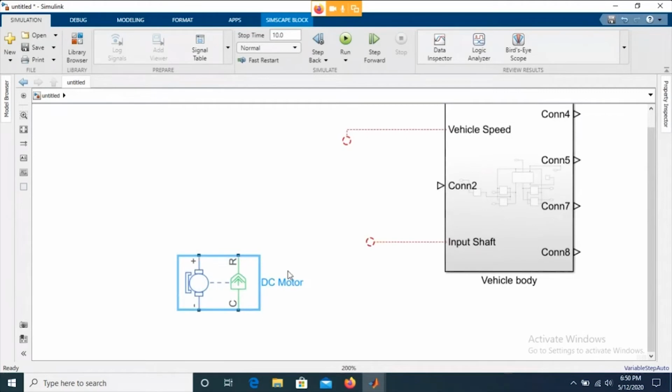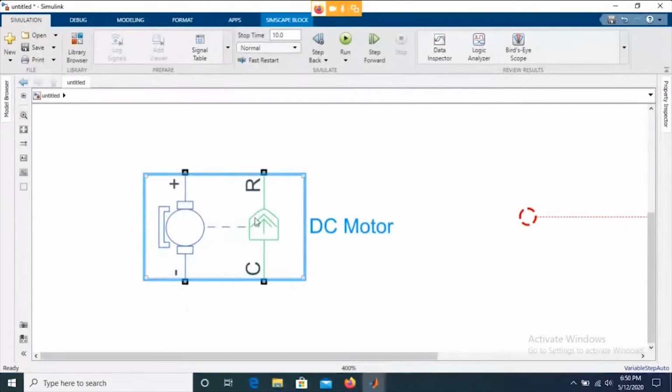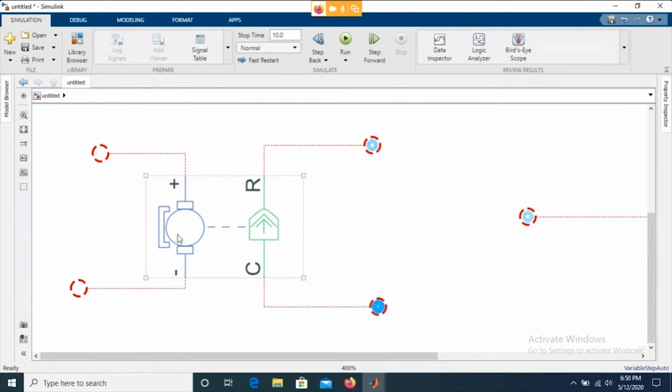Now you guys may not be aware of how the motor looks, right? Or how the model of the motor will look like, but Simulink is showing here the model which looks something like this. So if I zoom in a bit, what you are able to see is the electrical connection, positive wire and the negative wire over here, and something which is mechanical over here through the green connections, right? And there is a connection between blue and the green, which is nothing but an electromechanical connection. So you give electrical input to the motor, you get the mechanical output from the motor, right?